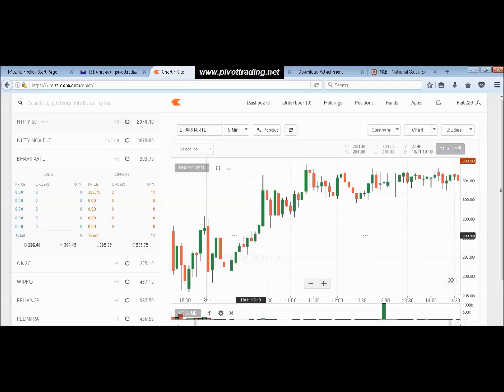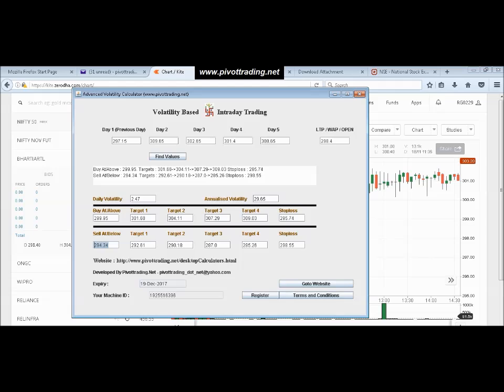So we are into a no trading zone until we break on either side. Advanced volatility will help you identify breakout levels. Based on the volatility, it will identify if a particular level is broken, till what levels it can take you. So from this particular screenshot or these levels, what we can identify is